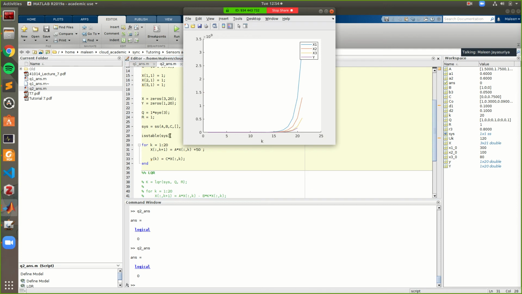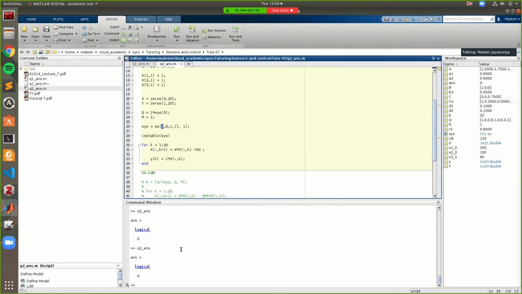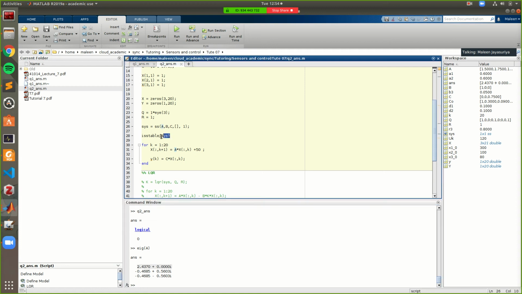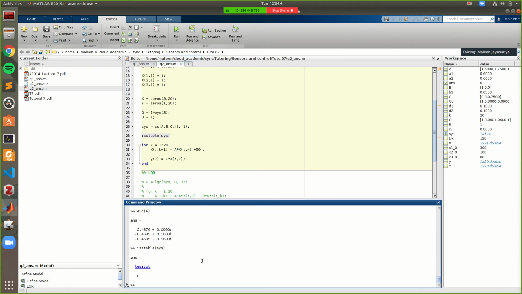So we saw that. We can look at the eigenvalues and see that as well. If I type eig(A), you can see that there is this value that is greater than 1. Since it's a discrete time system, if you have an eigenvalue that's greater than 1, we have an unstable system. Or you can just use the isstable function and it will tell you whether it's stable or not, and you saw that it just gives you an output of 0, which means the system is not stable.